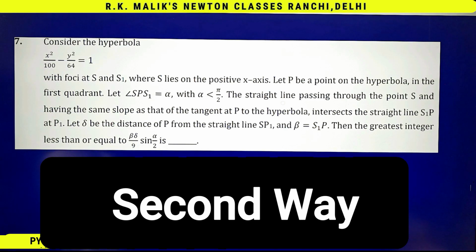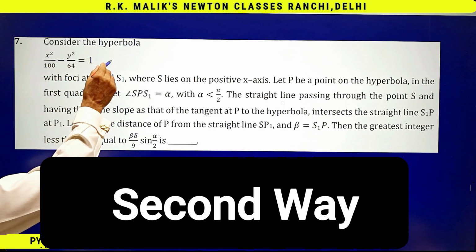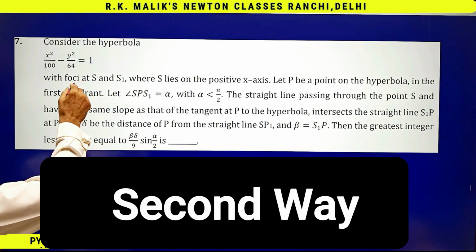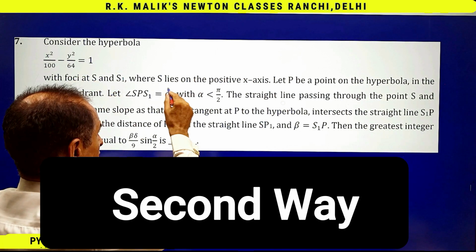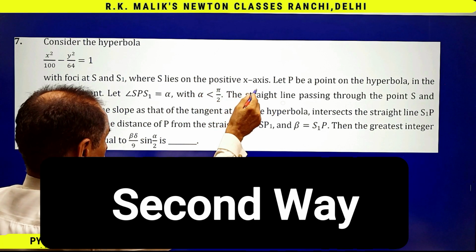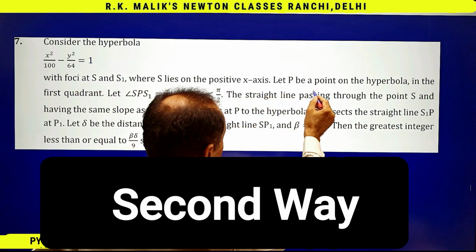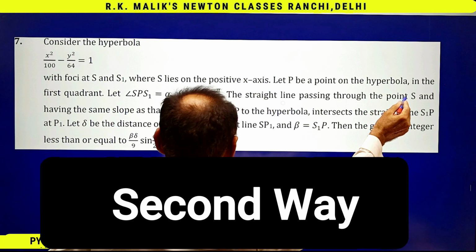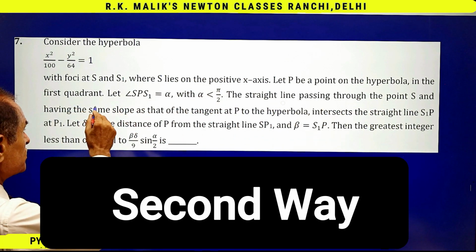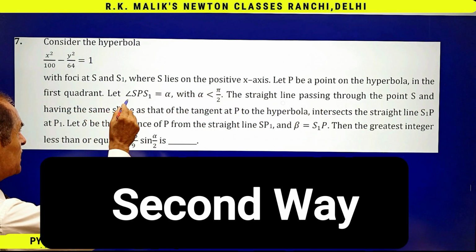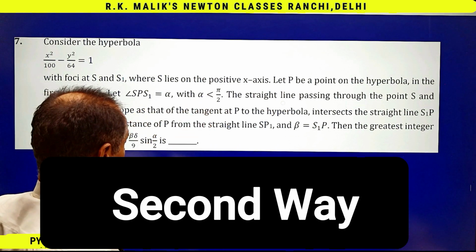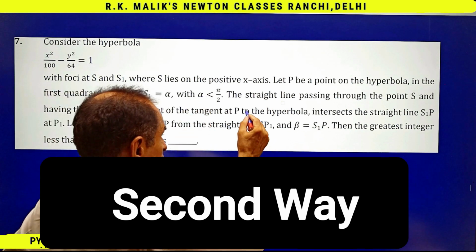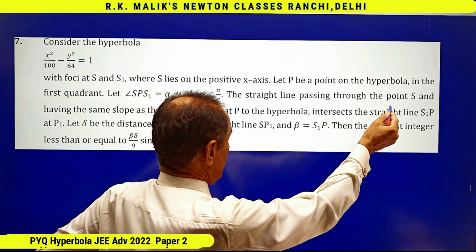In this question, it is given that consider the hyperbola with foci at S and S1, where S lies on the positive x-axis. Let P be a point on the hyperbola in the first quadrant. Let angle SPS1 be equal to alpha, where alpha is less than pi by 2. The straight line passing through the point S